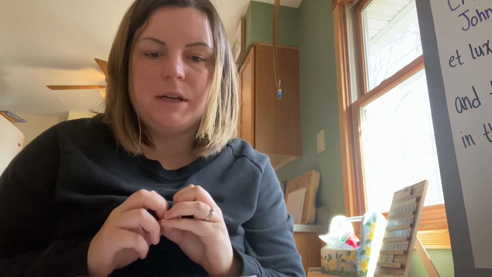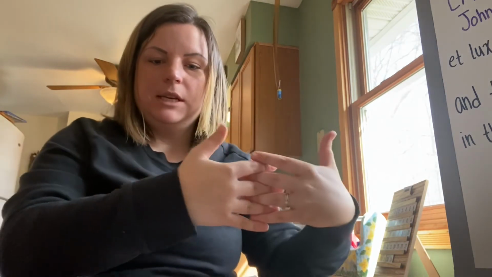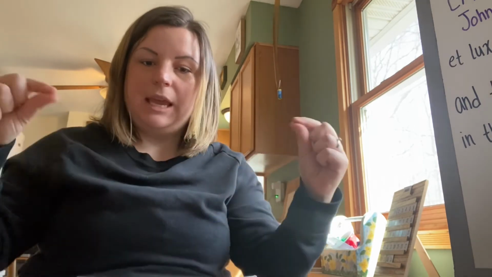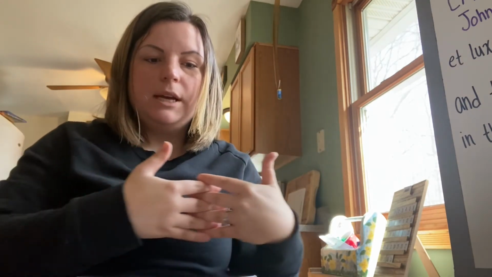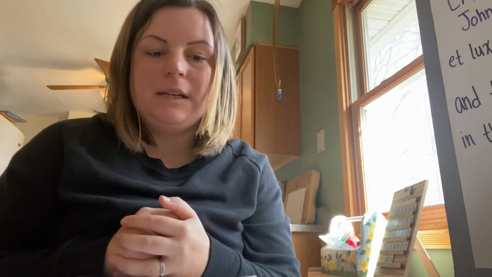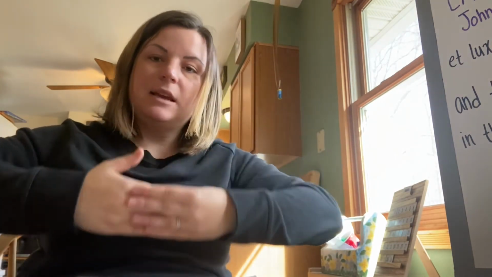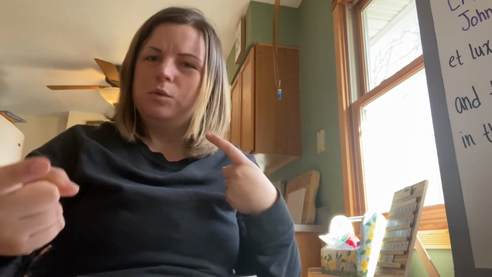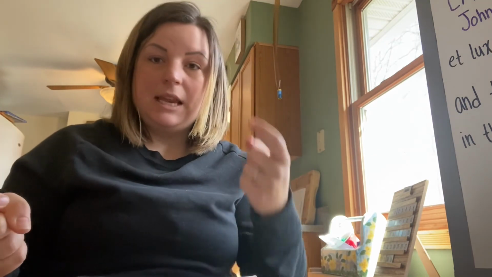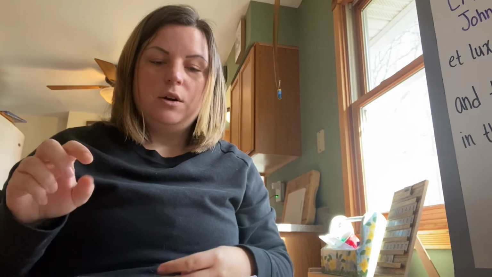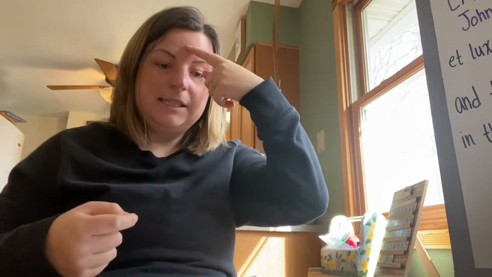U.S. restores trade with Japan. You do the sign for unity, the sign for trade, and the sign for Japan. So the U.S. restores trade with Japan. British Queen Victoria's rule over India. This is the sign for England. V for Victoria. This is, I don't remember, this is for rule, I think. And then India. So Queen Victoria's rule over India.